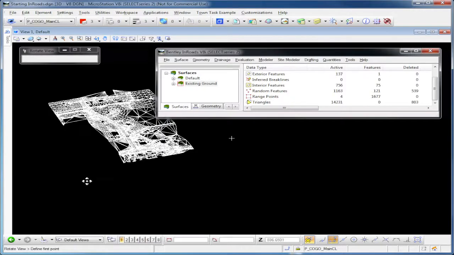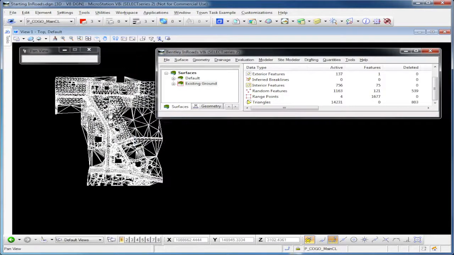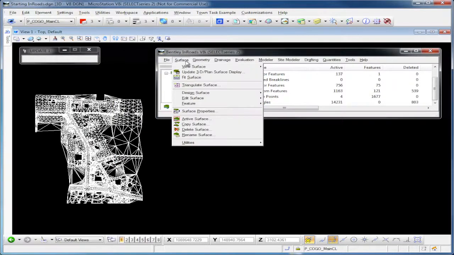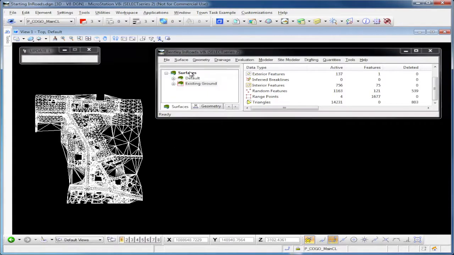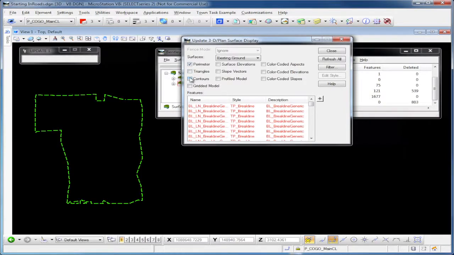That just goes to show that the three-dimensional elevation is in the triangle data, because it comes across with the surface data. Now that I'm at a weird angle, what I can do is use my rotate view command. If I just hold down my left mouse button and go to my top view, I go back to the plan view that we were working in before. If I go back and update my surface display and turn off triangles and then turn on perimeter and contours